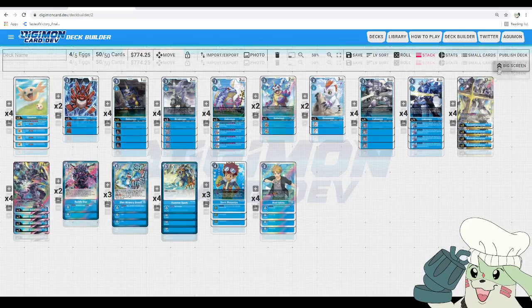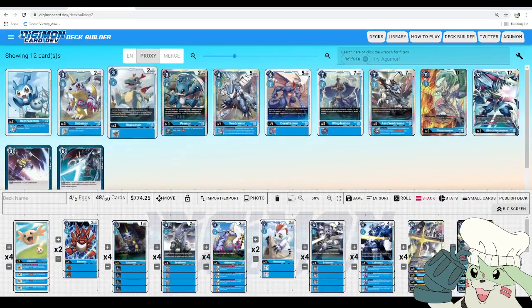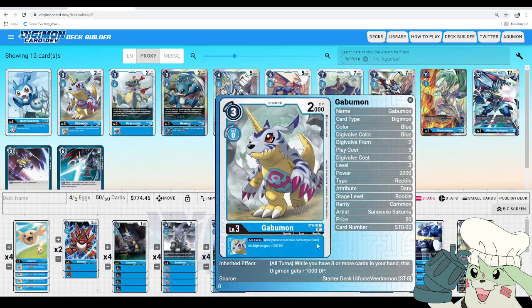After that, once you grab the starter deck, you could definitely drop this because I think we have enough surge power for it, and then you add in 2 of this Gabumon, which lets you gain all turns. It's inheritable. While you have 8 or more cards in your hand, this Digimon gets plus 1000 DP. Being all turns is incredibly powerful, making it harder for your opponent to swing over you, and